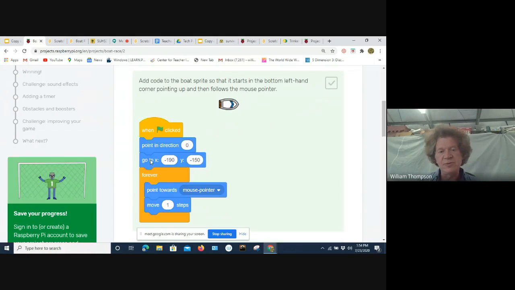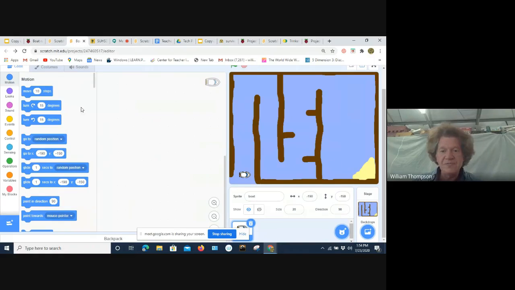If I don't remember exactly what this looks like, I might have to flip back and forth. Someday I'm going to have to become advanced enough to know how to split my screen effectively. But that's okay. All right, in this language, like a lot of block languages, there's a palette of programming instructions, and keep in mind a program's just a list of instructions that the computer executes. Some of those instructions make it move. Also, within this format, I could click on the boat and move it around and place it somewhere.